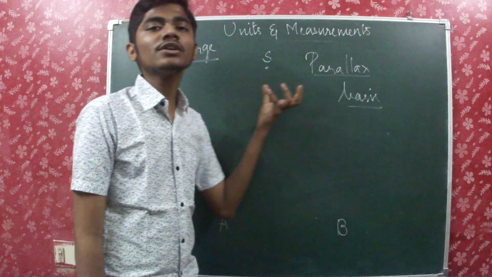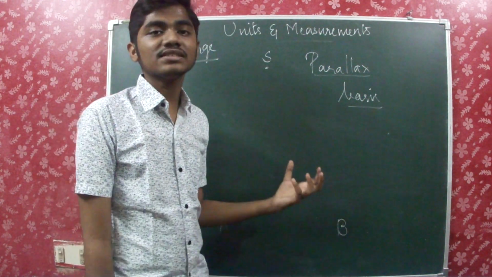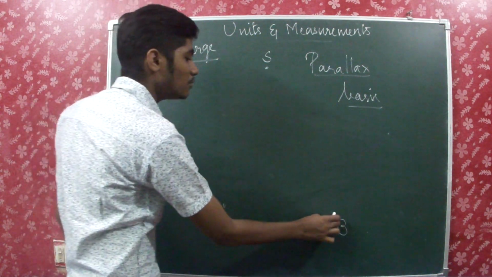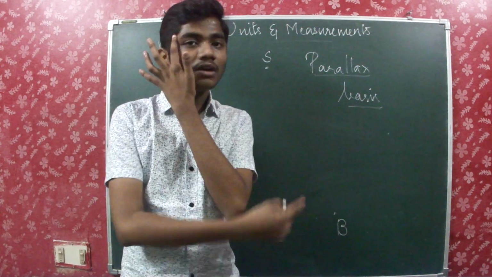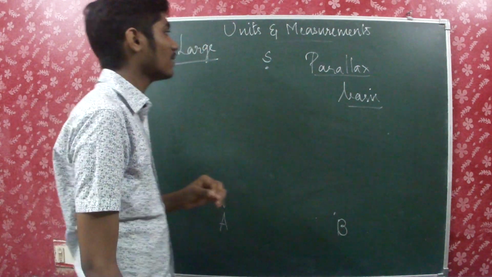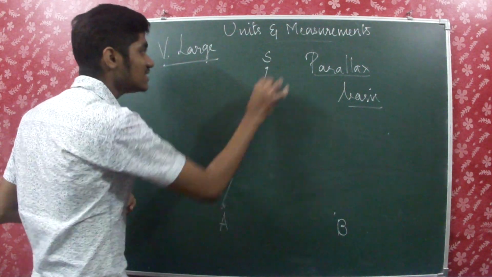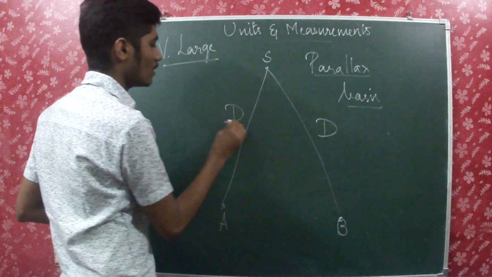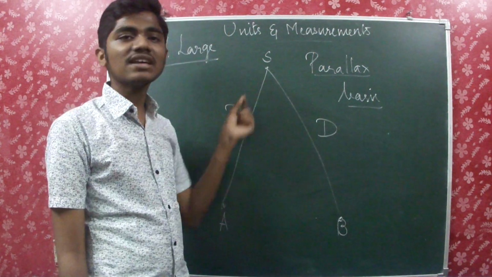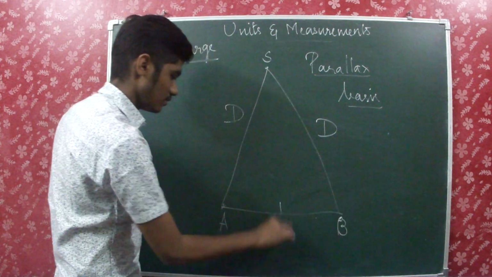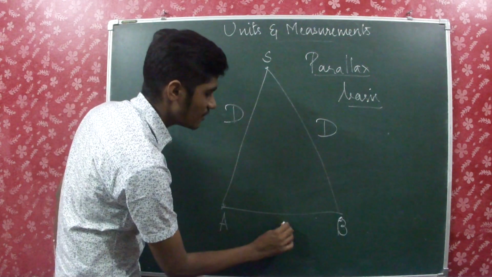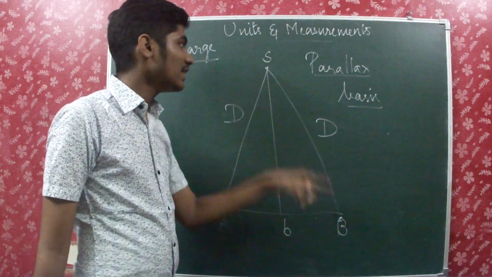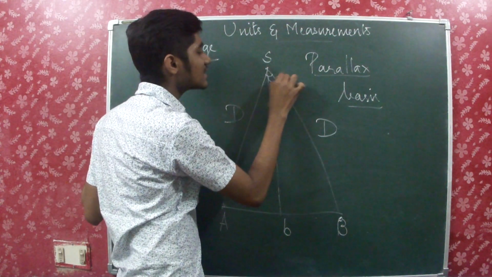So this is what we are going to use to measure the large distances, say from a star to Earth. Okay, so we are doing it from 2 points. You know why? It's only because it's a parallax method. Okay, so I am doing it with 2 points, and the distance between the 2 points and the star will be d. And then the distance between the 2 points will be b. Okay. So this will be b, and this will be d, and this will be d. So this is the parallax angle, theta.